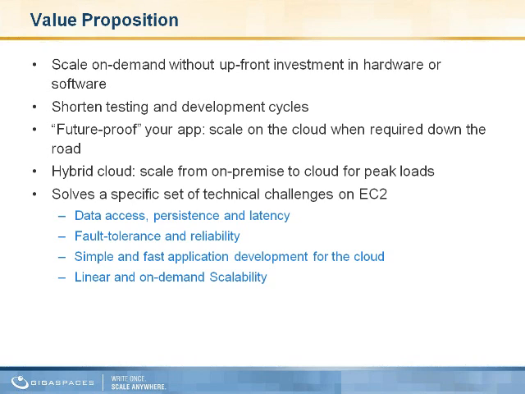Finally, through the AMIs that we developed, as Jeff has mentioned, we are solving what we're seeing: many customers came to EC2 not from the GigaSpaces direction. They came from trying to run their apps on EC2, particularly those apps that tend to be transactional, data-intensive, real-time-ish, event-driven apps, and they're facing specific technical challenges, which I listed here, such as issues of data access and the latency that causes and how to persist on the cloud, as well as issues of fault tolerance and reliability. What do I do if my AMI fails? Well, the answer in GigaSpaces is you don't care, because as I've just shown, it will fail over and self-heal.